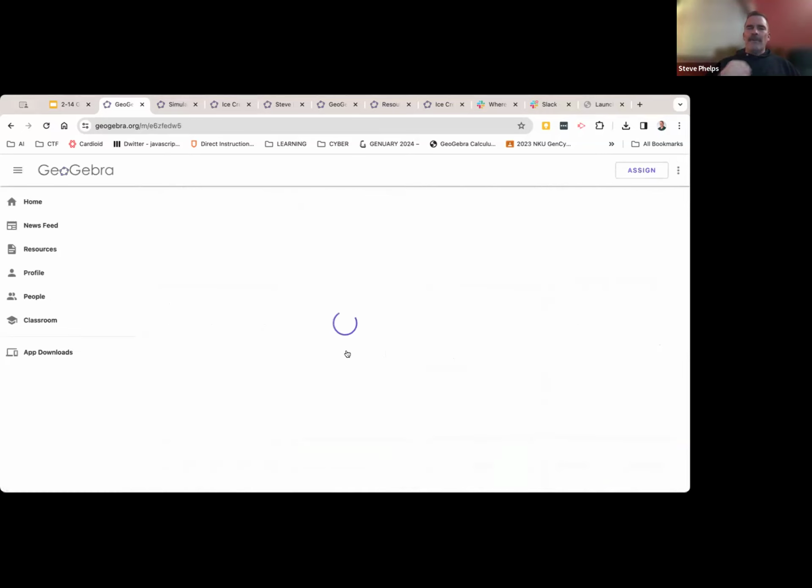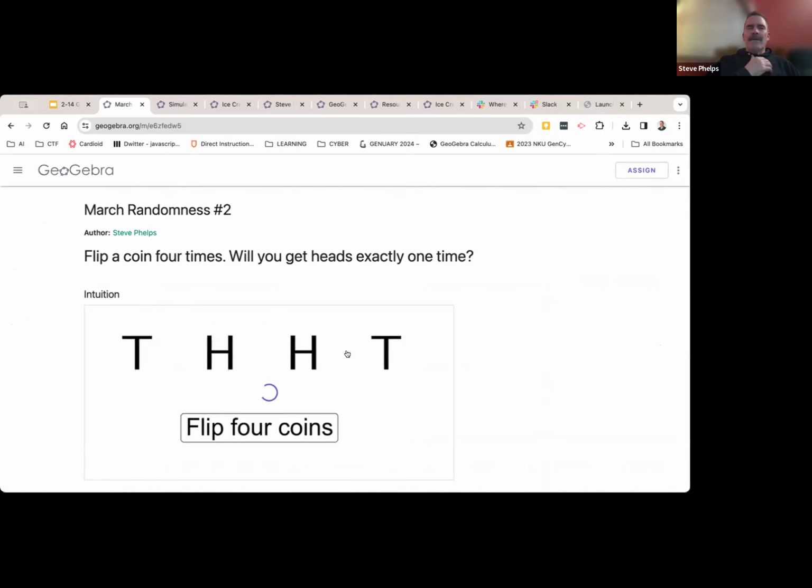So for example, this would be a question in March random list. You flip a coin 4 times. Will you get heads exactly 1 time? So I know what the simulations would tell you, and you could work on calculations, but